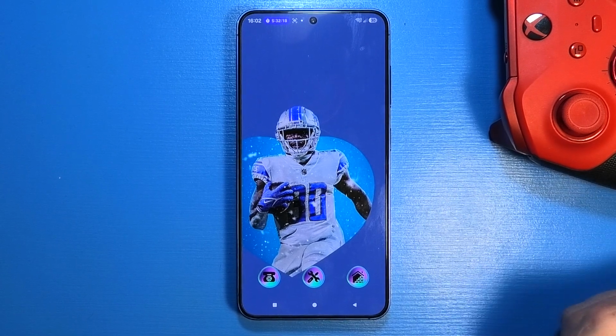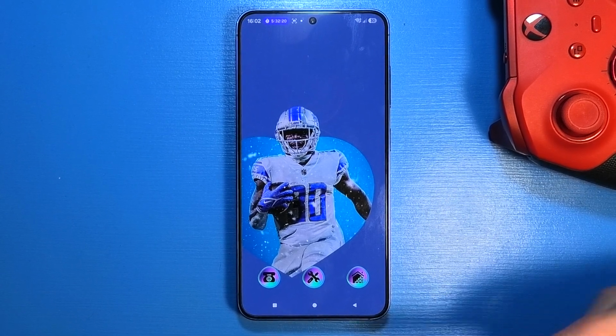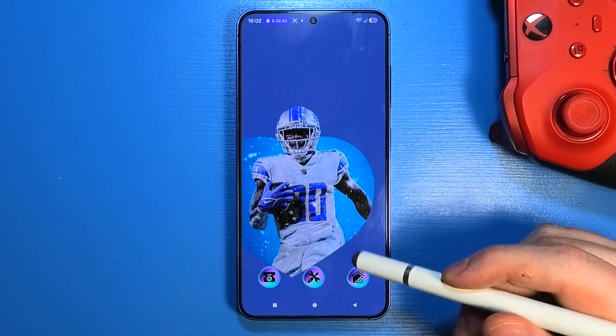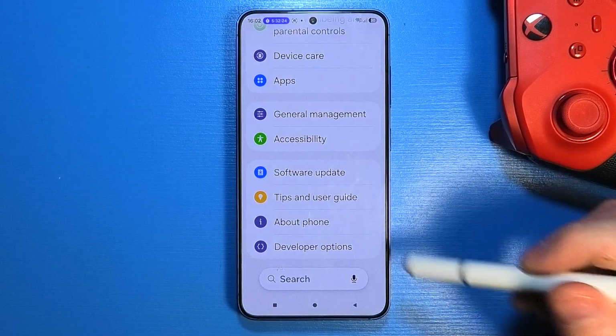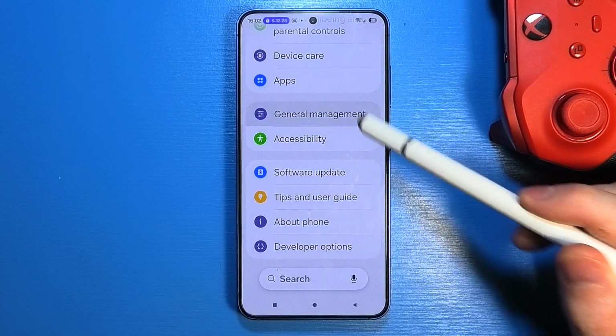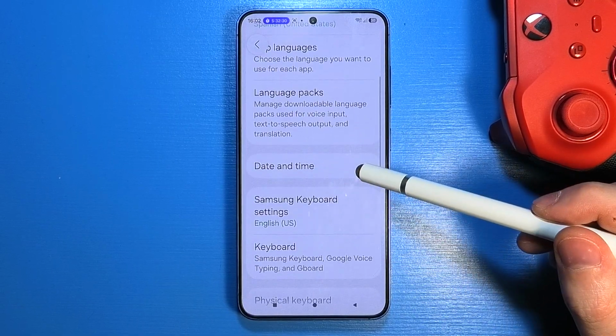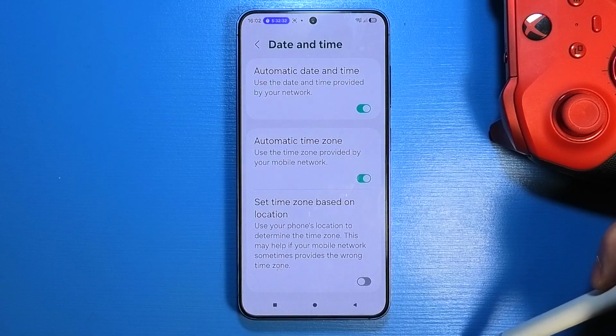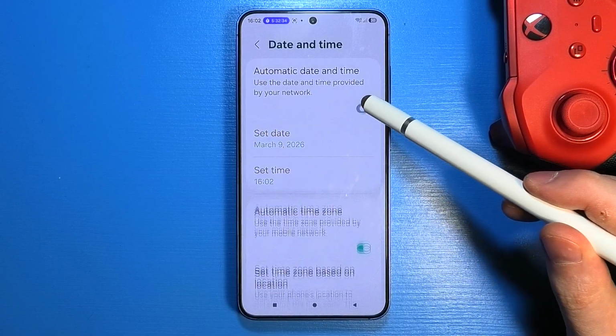To adjust date and time settings on Samsung Galaxy S26, first of all, you will need to open settings on your device. Next step is to navigate all the way down and then click on the General Management. After that, we'll be able to find the date and time options,